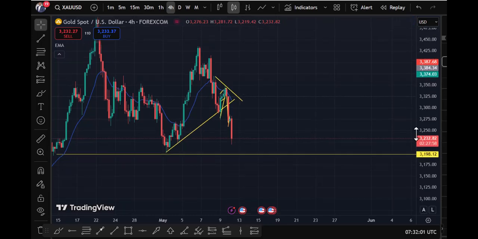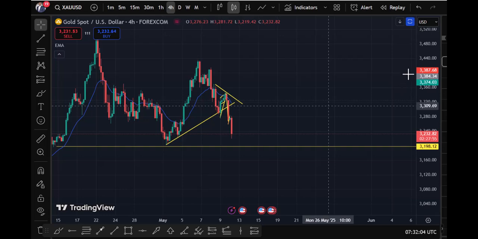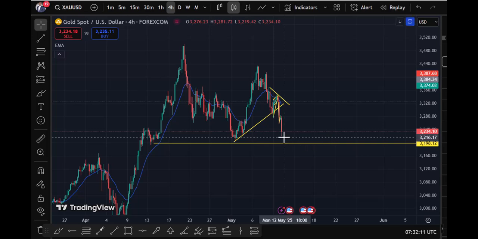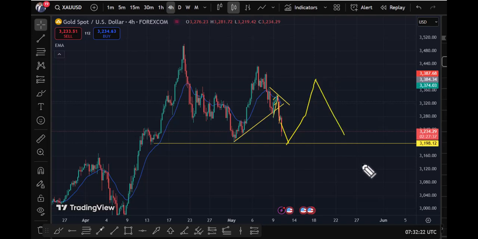That's what we're expecting all this while, because what we have in mind is this: from the 4-hour time frame, once this market drops to break this, at the break of this there will be a spike up, then the market comes down like this. So this is what we're expecting on gold this week. So just position yourself here. Once the market breaks this low, that is 3198, then look for a buy setup. If there's a buy setup there that you recognize, you might take the trade for a buy.